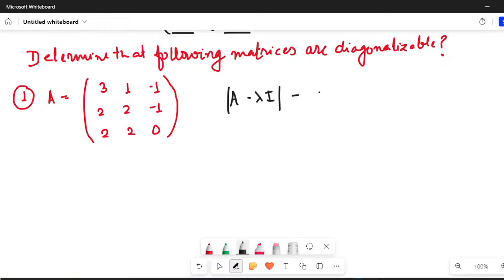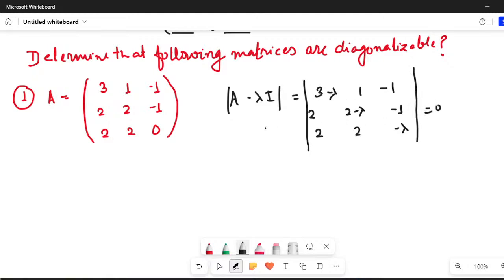So the eigenvalue determinant would be, I think, 3 minus lambda here, it is 1, here it is 1, here it would be 2 minus lambda, here it will be minus 1, here it would be 2, here it will be 2 minus lambda. And if I want to find this equal to 0, what will I get? I will get 3 minus lambda, and this is minus 2 lambda plus lambda square, minus plus. So this would be plus here,